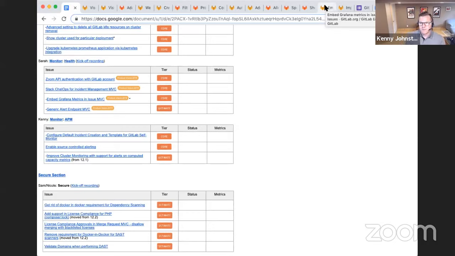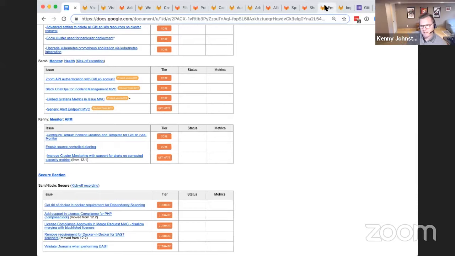And so there are some first steps in the Zoom interaction where we want to ensure that we can authenticate with a Zoom API, and you can configure that at the project level. But that, similarly to what Jason said, is an unlocking first step for a number of really cool improvements, like showing in the issue the status of the Zoom call, or the number of participants in the Zoom call, or having the API post back the chat discussion or a video onto the issue itself. So really cool interaction. We found that Zoom is a highly used tool for incident responders, and so we really want to make that part of the firefight awesome.